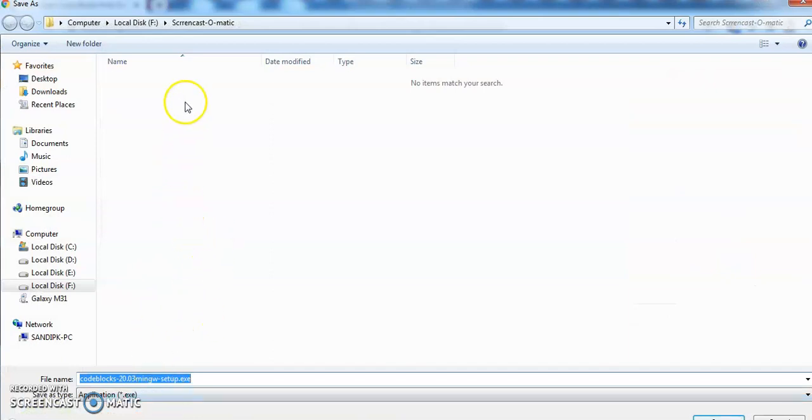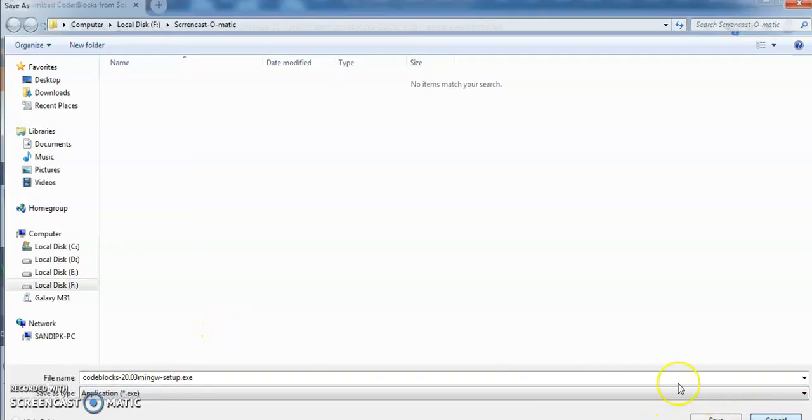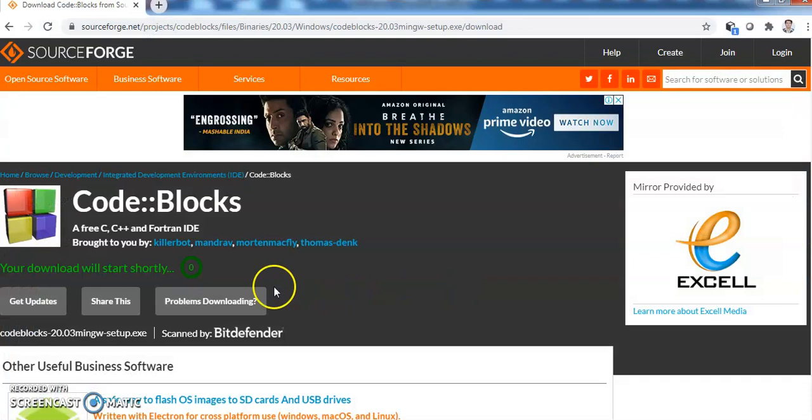Here you have to select the folder where you want to save this particular setup. I have already downloaded this setup, so I will not download it again, as it will take too much time, since the size of this IDE is 145 MB.